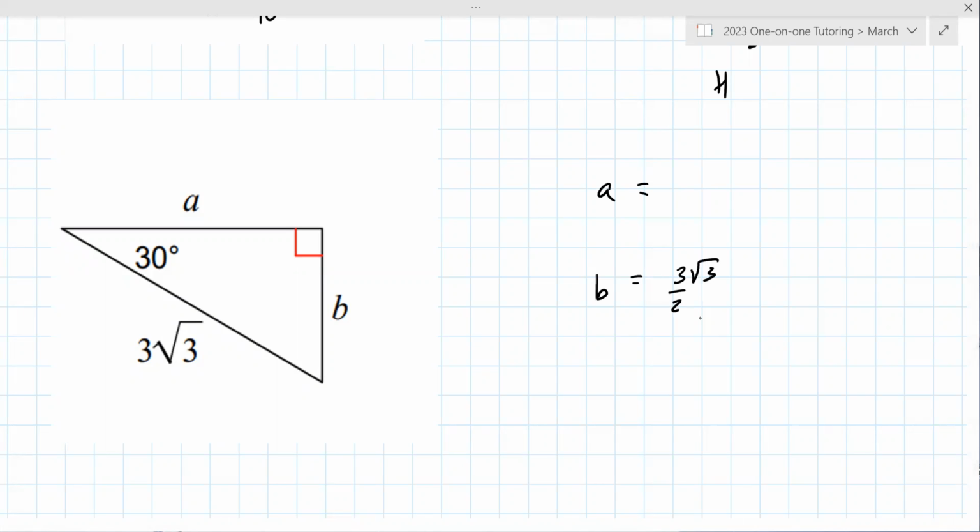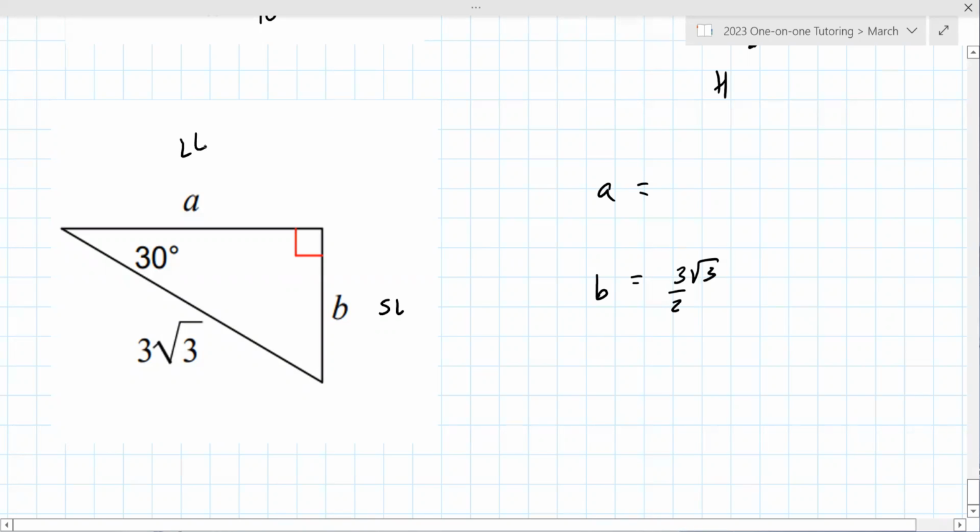Yes. Okay, because that's what I was trying to figure out, since this doesn't seem friendly or nice. It's not. But it will when you find A, because how do you find A from the short leg? I'd have to multiply it by square root 3. Yes, which would then give me 3 halves